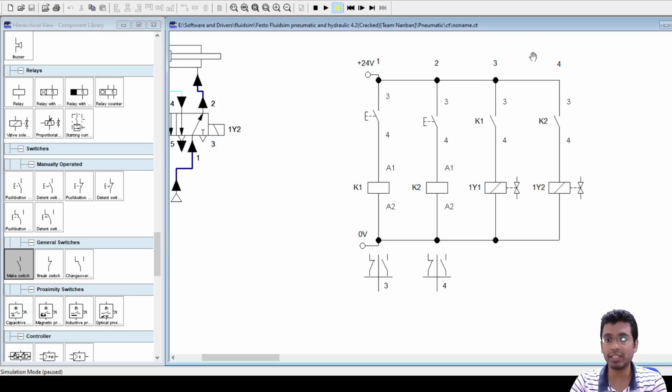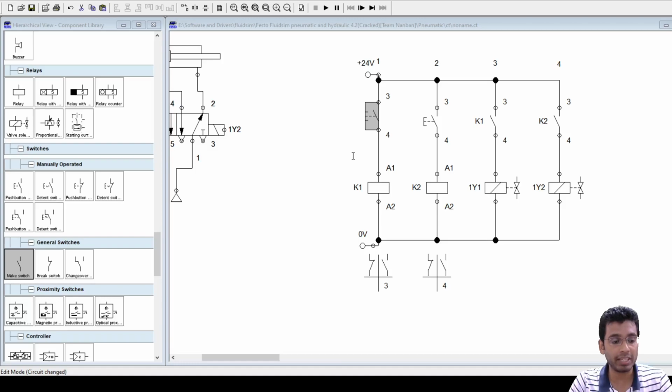Here, what is the main circuit element? Your energizing of solenoid 1y1 and 1y2. So if you see, this is towards the right part of the circuit, whereas all your control elements, they are all towards the left part of the circuit. I had told you different symbols to recognize. Fine.